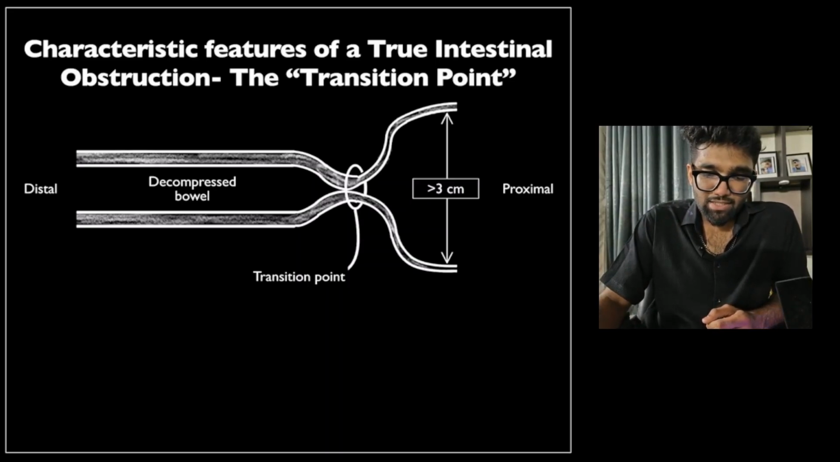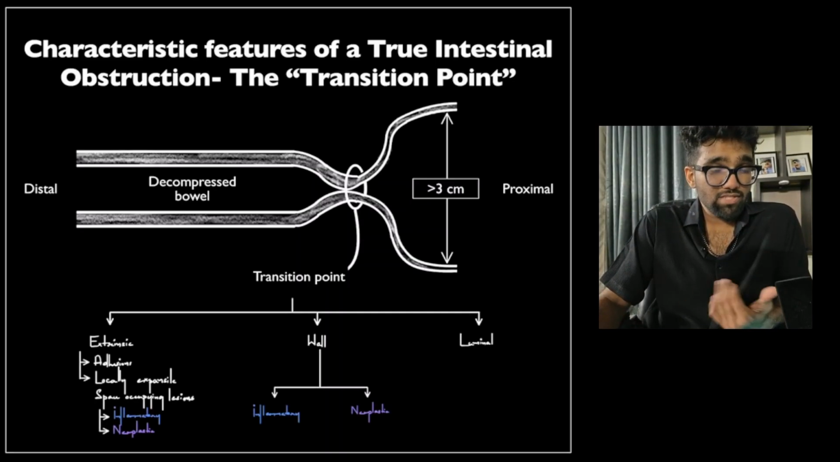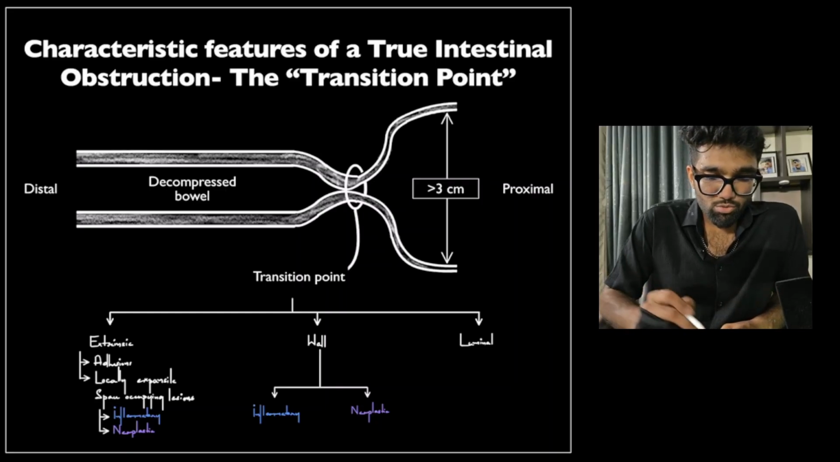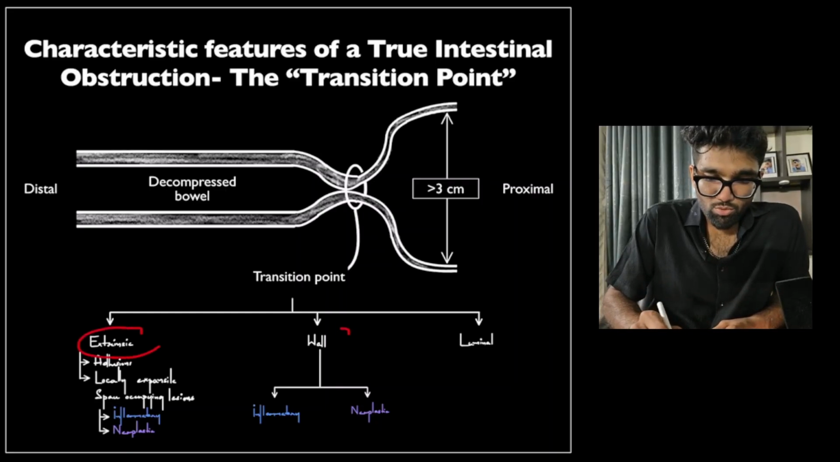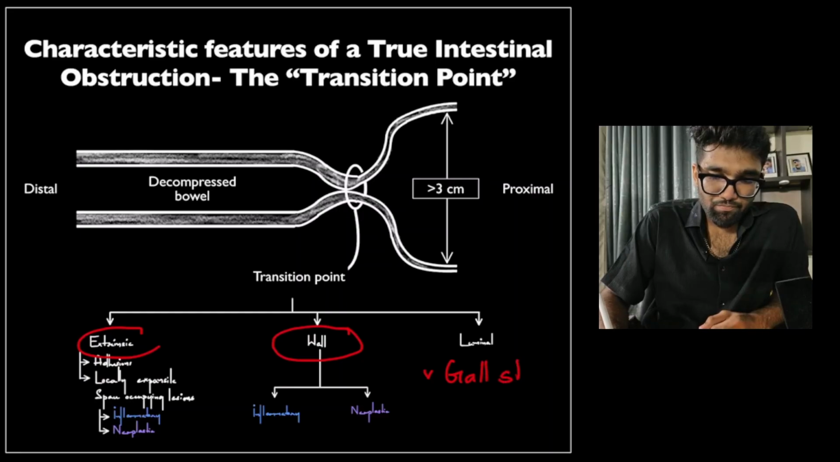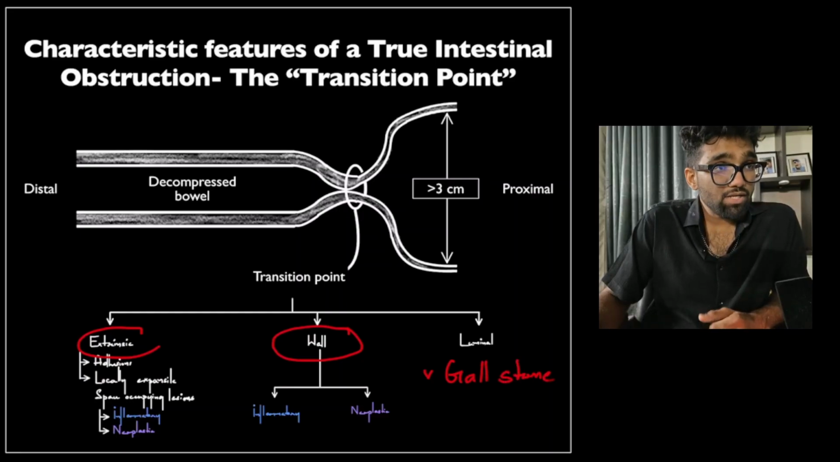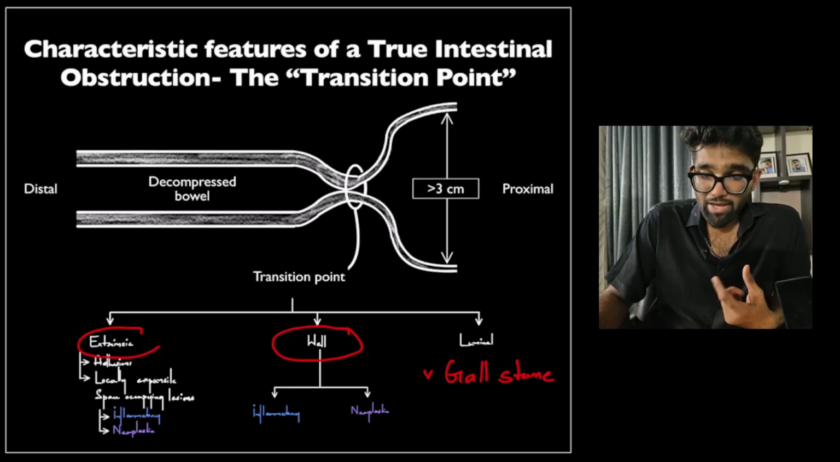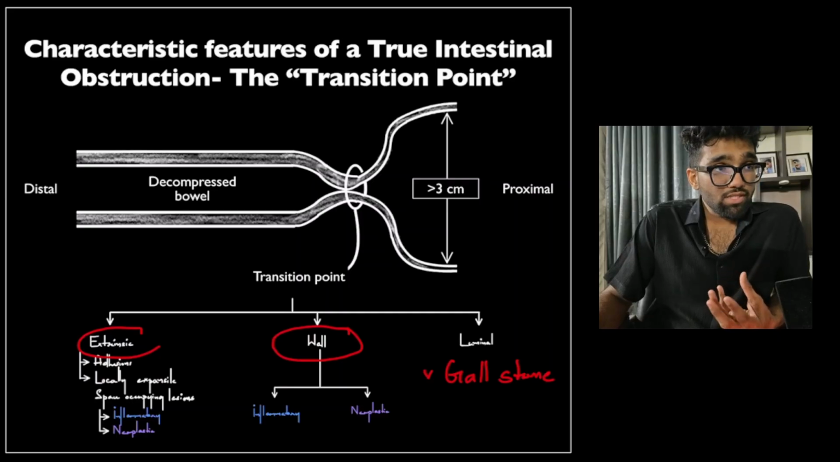Okay. And the transition point, as we've discussed in the previous lecture, could be formed due to an extrinsic compression. It could be due to a problem with the wall of the intestine. It could be a problem with the luminal contents. Now, in luminal contents, we had talked about gallstone ileus, and I had described in brief Mirizzi syndrome, that is compression of the common bile duct by a gallstone within the cystic duct, and that can erode